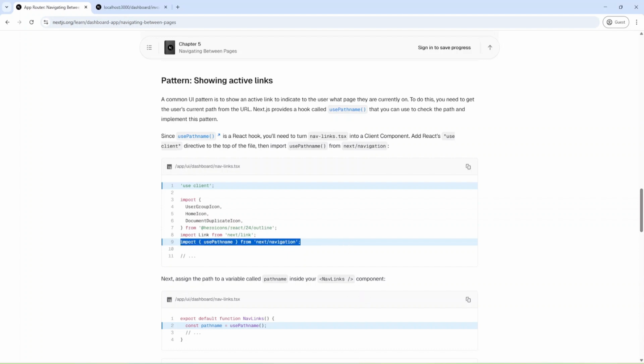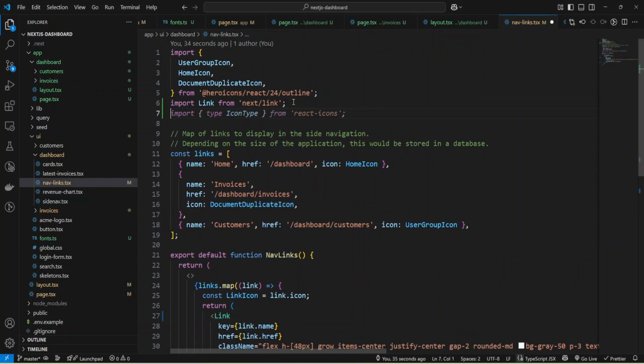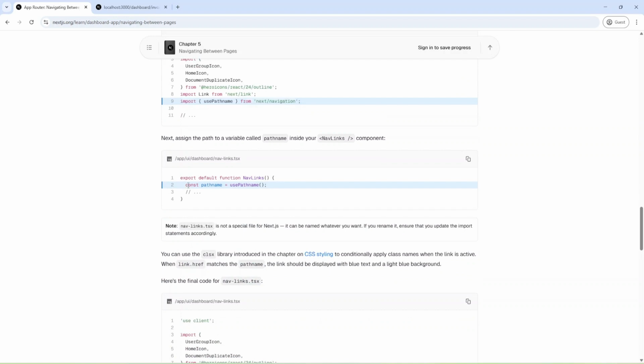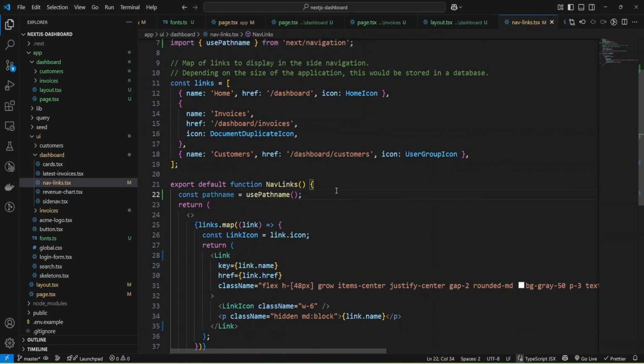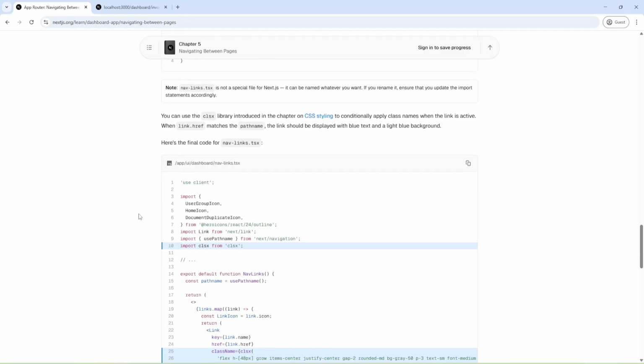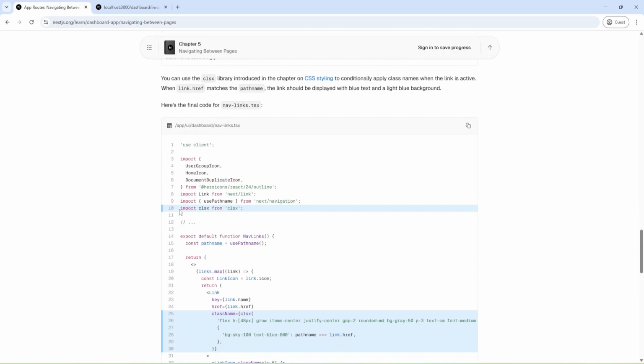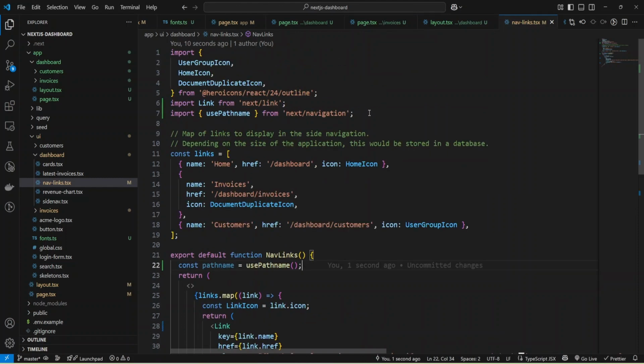It's probably some hook from next navigation. And we can use this path name inside our nav links component.